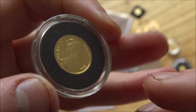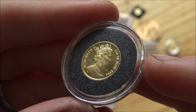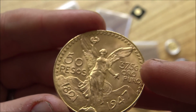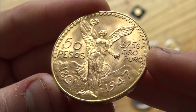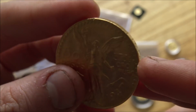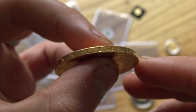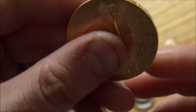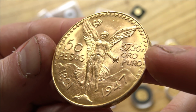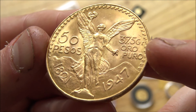But if you are on a slightly higher budget and you want to look to pick up some gold, stacking in a larger denomination is probably the best value for money, I would say, but it does come with drawbacks. So you've got here this wonderful 50 pesos coin. It's absolutely gorgeous. I mean, I love it. It's one of the coolest pieces that I've got. Love the edge lettering around it. Absolutely amazing. However, it's a very big, expensive coin,